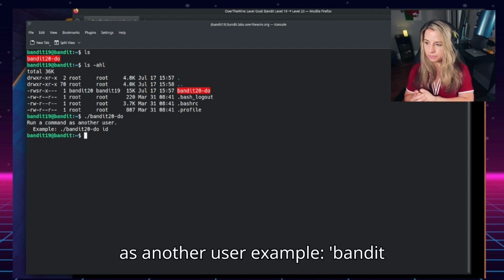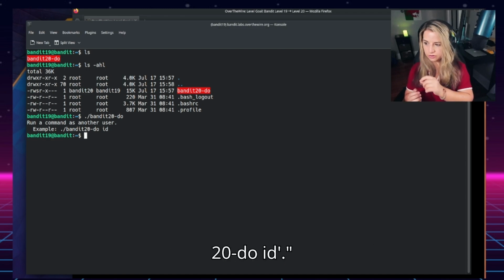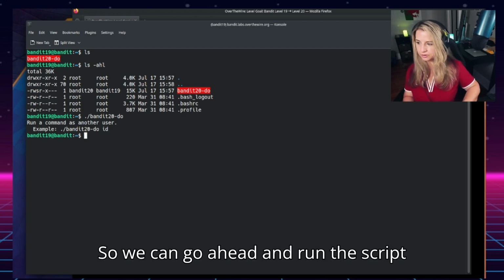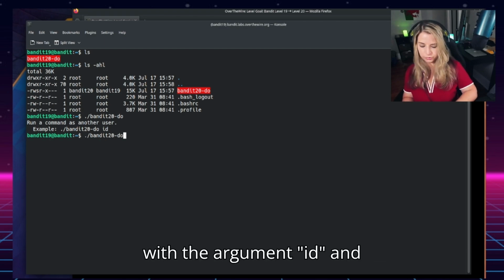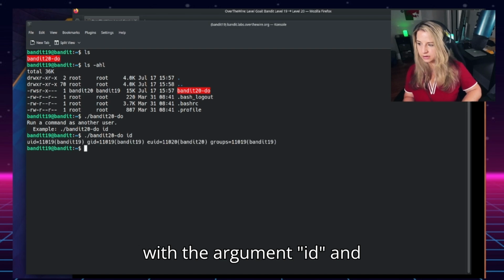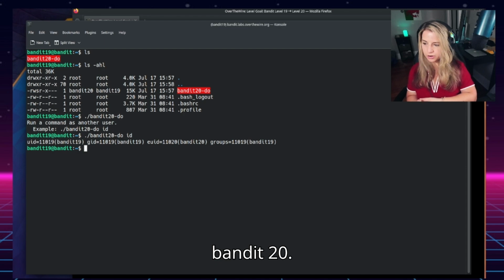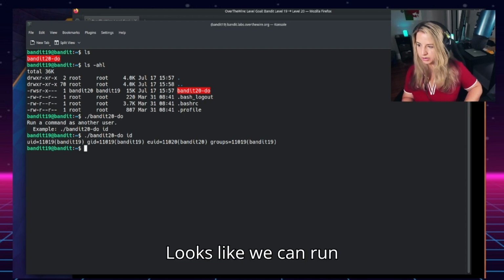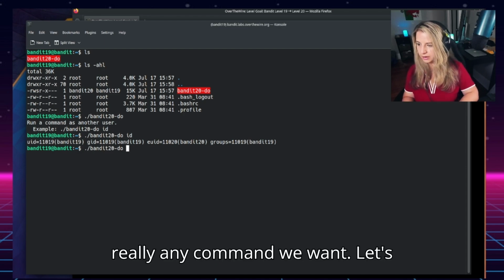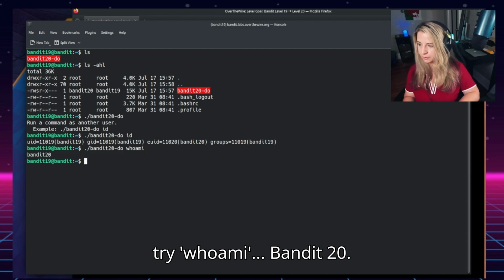Example, bandit20/do_id. So we can go ahead and run this script with the argument id, and it will return the user IDs for Bandit20. Looks like we can run really any command we want. Let's try whoami, Bandit20.